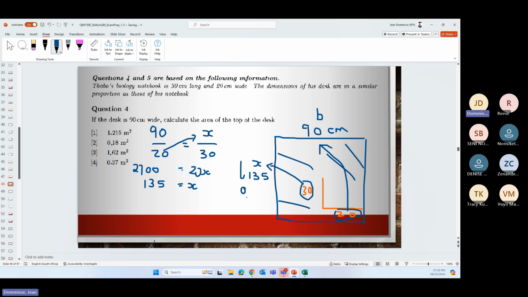So that is 0,135 meters. That is 0,9 meters. Wait, now again. So let's first, so that is,